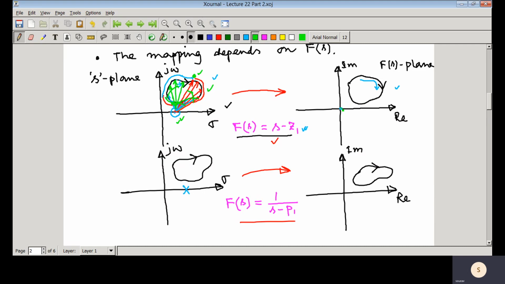The same thing happens here. Suppose you are here and you start traversing this particular loop, that contour. Whenever you are here, your phasor vector is like that, then you start traversing like that. Suppose it is going in the clockwise direction, so the angle is contributing in the clockwise direction. If we take the clockwise direction, the angle contribution is negative. Then just after this point, again you can see that the angle is going in the negative direction.